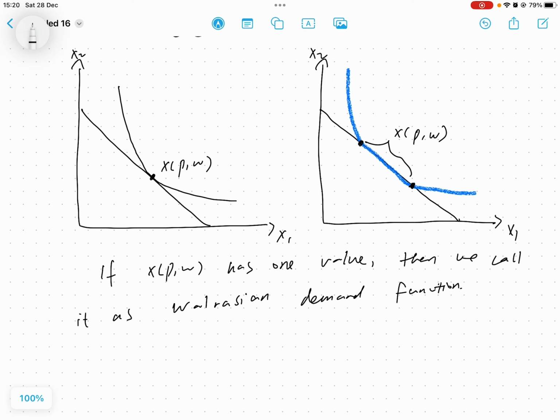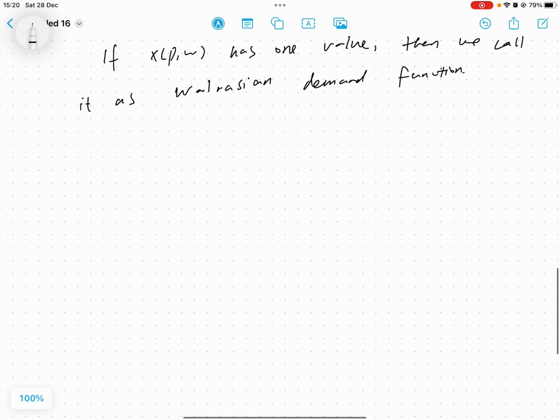So this would be a special case of a correspondence. Good. So next, we'll discuss some properties that are satisfied by the Walrasian demand as the solution to this problem. So this would be Proposition 3.D.2. And you can see that in the analysis of economic theory, it is very important to understand